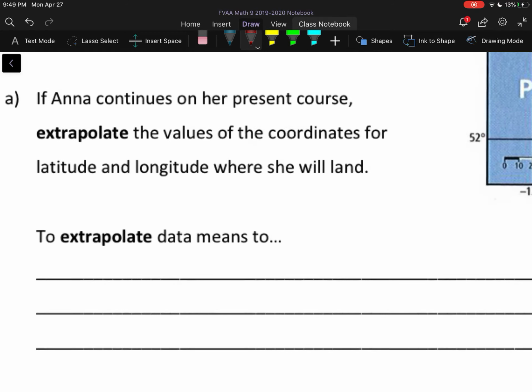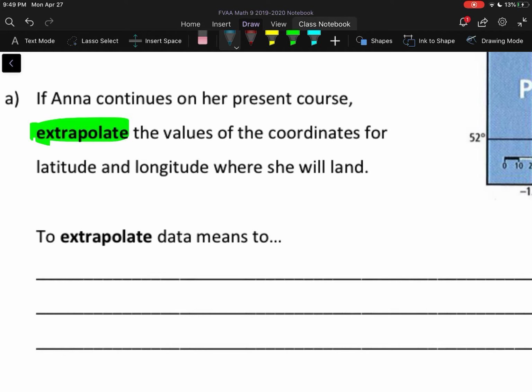So, if Anna continues on her present course, extrapolate, there's that word again. Need to highlight it. The values of the coordinates for the latitude and longitude where she will land on the